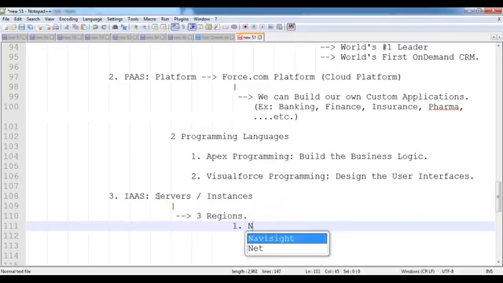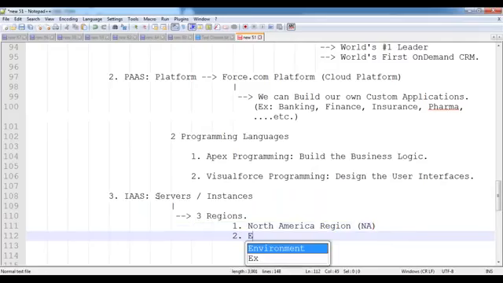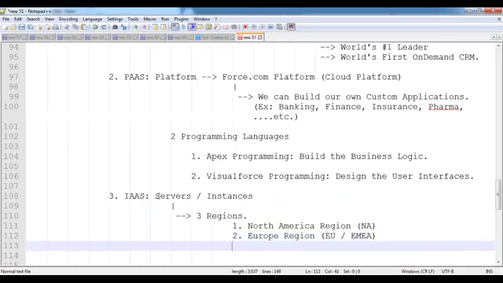The first region is the North America region. Second one is the Europe region, also called EU or EMEA: Europe, Middle East and Africa.